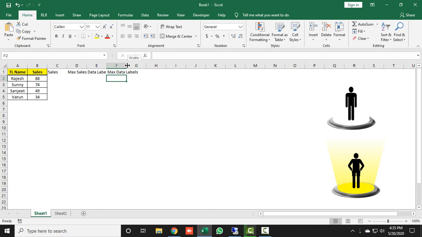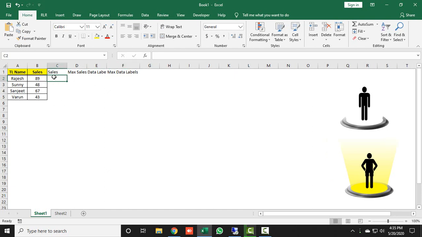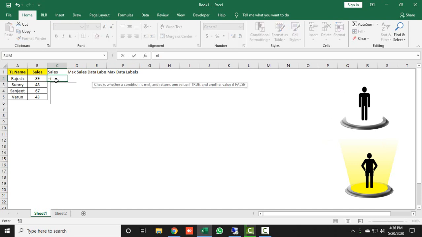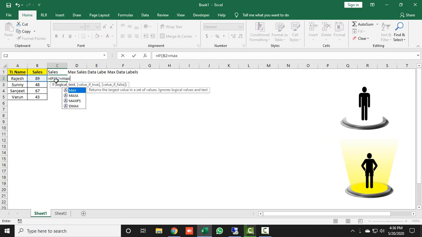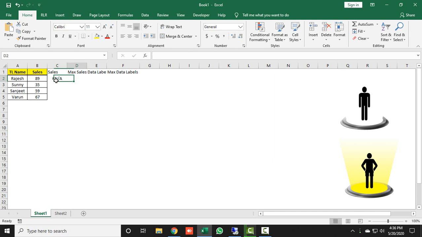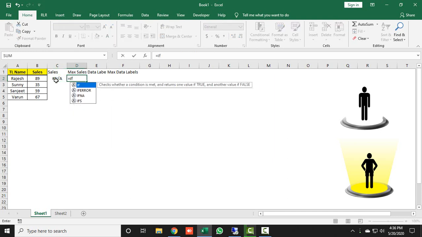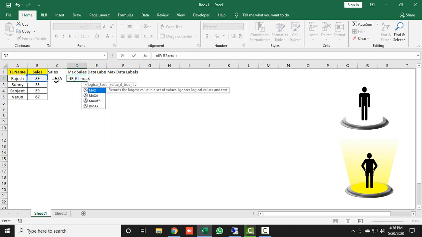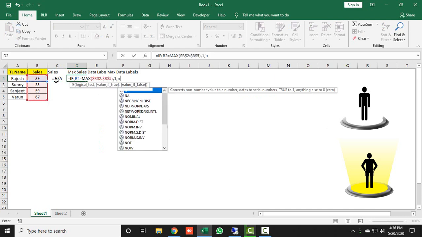Now just select this cell and press equal to and put your formula. If this cell is equal to the maximum from all these cells, just press F4 to fix it, then return NA, otherwise 1. Similarly for the second one also, press equal to, if this cell is the maximum from all these cells, then return 1, otherwise NA.